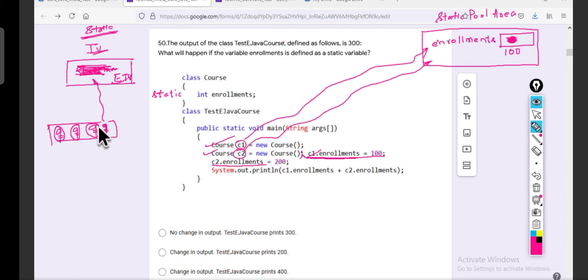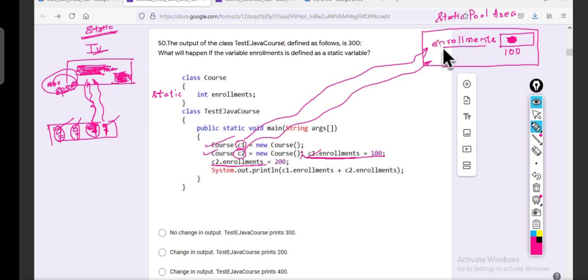Now what happened? Your father took the remote and changed the channel from ETV to, let us say, Star Sports. Now you, your brother, sister, mother, which channel are you seeing? Star Sports. Now observe, C2.enrollment = 200. Enrollment is a static variable, only one copy.